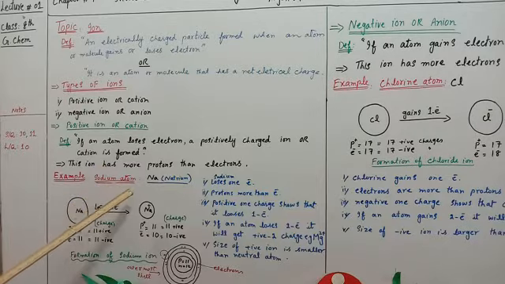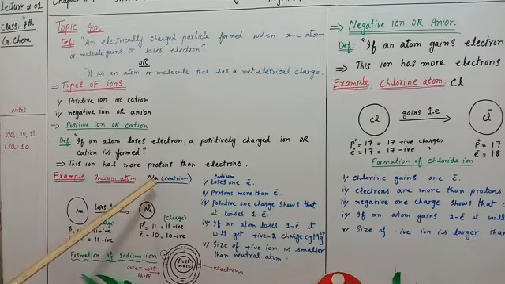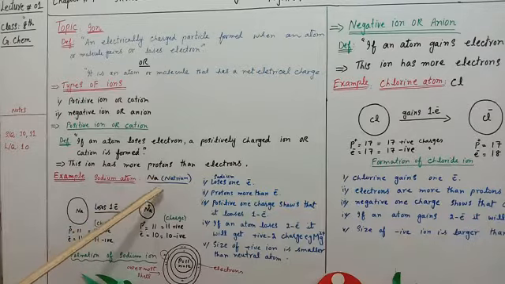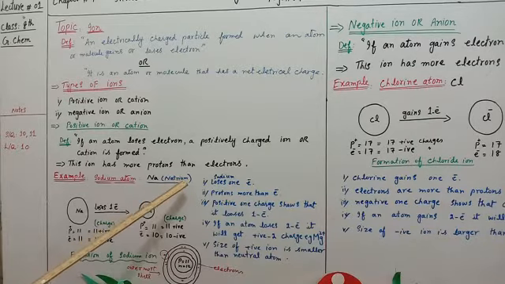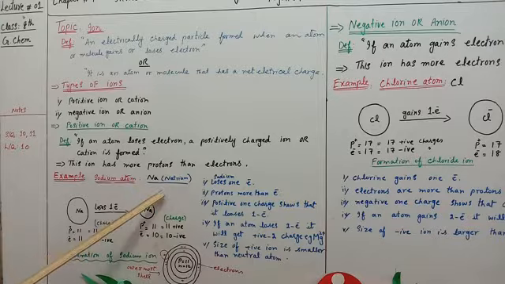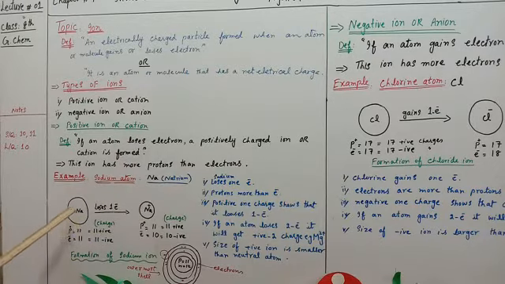We have taken sodium atom. The symbol of sodium is Na, capital N and small a. This symbol is derived from its Greek name. It is called natrium. English name is sodium and Greek name is natrium. Okay, when sodium atom loses one electron, it forms a unipositive ion. It carries positive 1 charge.